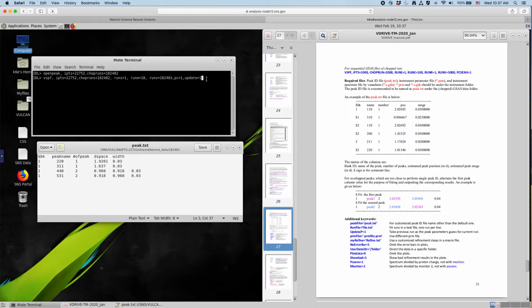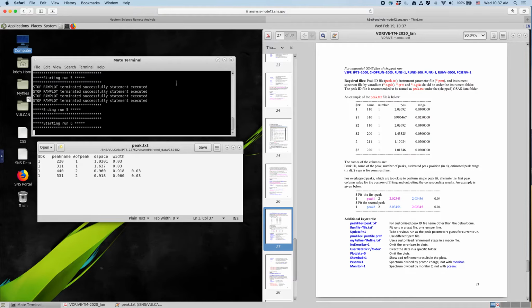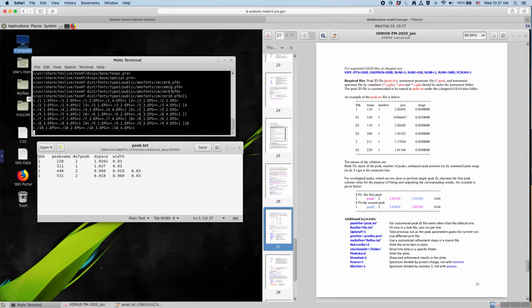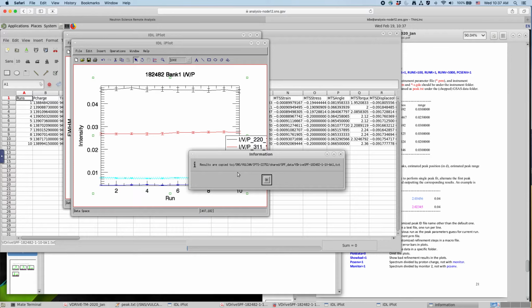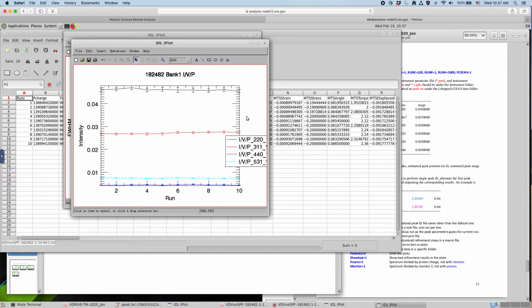This means that we're using the fit data as the input for the next fitting. The fitting is conducted quite quickly, and at the end of the fitting, it spits out this result and copies it to a shared folder under SPF_data, with this specified name. Here I also show a quick plot of the fitting in intensity, normalized to vanadium and proton charge,